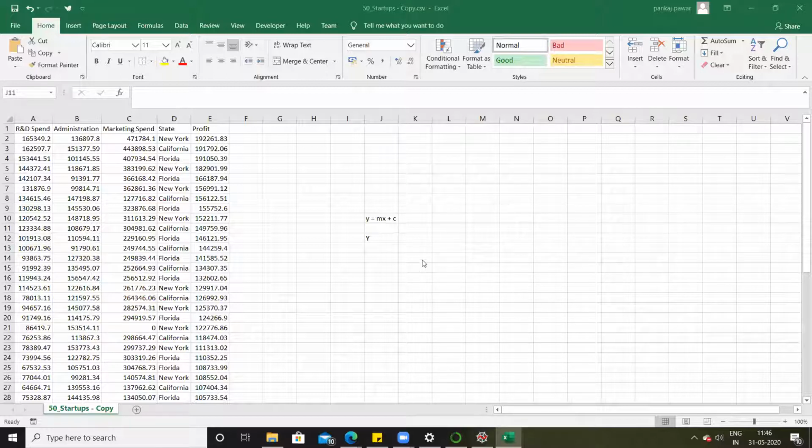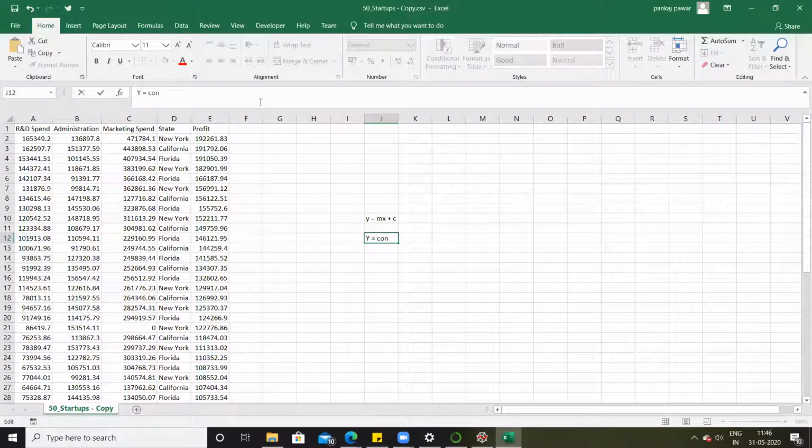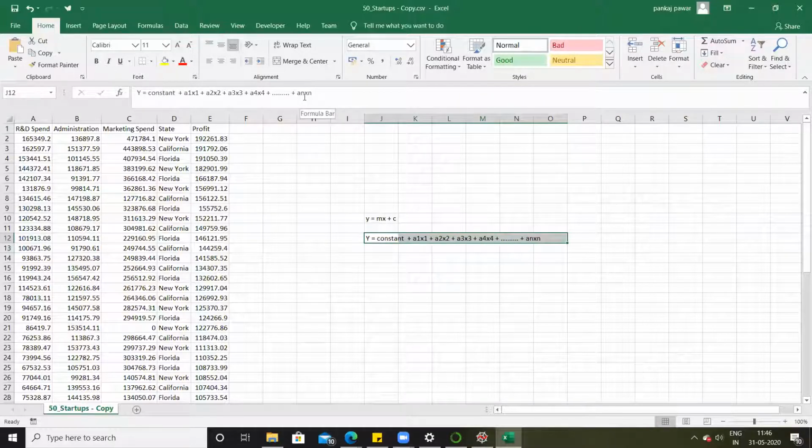Now the equation of multiple linear regression is y is equal to some constant plus a1 x1 plus a2 x2 plus a3 x3 plus a4 x4 and so on till an xn, where a1, a2, a3, a4 till an are nothing but coefficients.